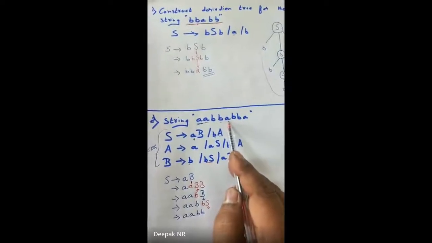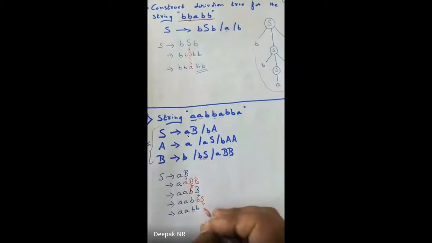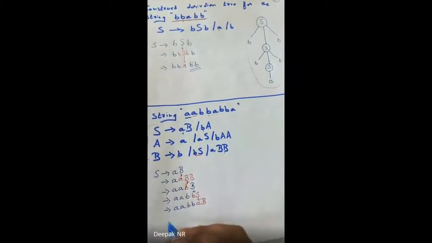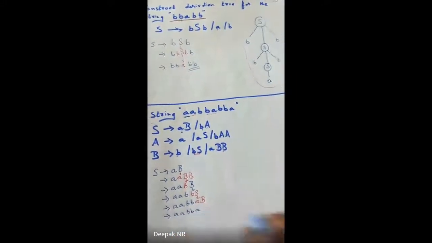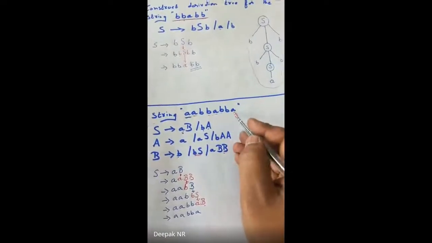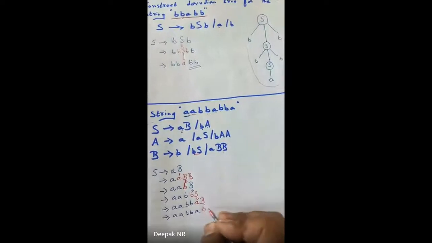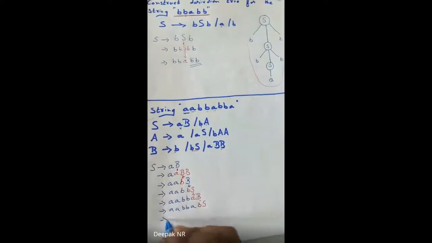My next character will be A. So for A, I'll use either this or this. I'll be using this. So I'll write here AB. Clear? So again, AABBA. For this B, I'll replace with BBA. So I'll replace with what? BS. Clear? Okay, yet again in iteration.